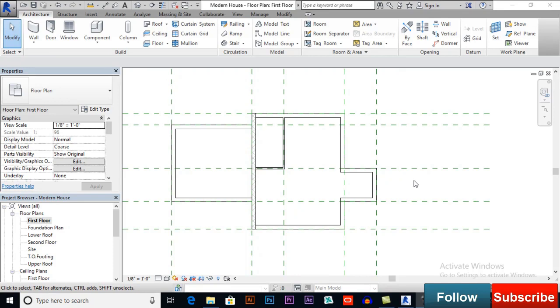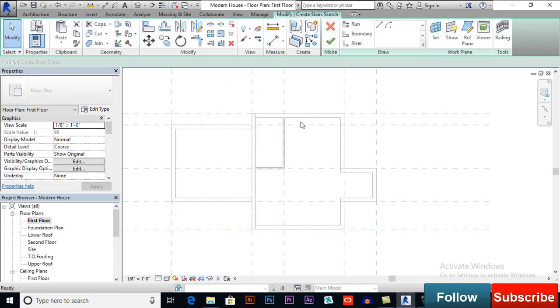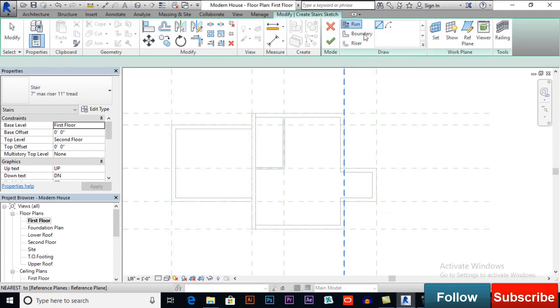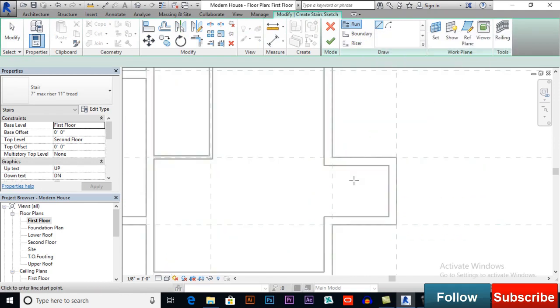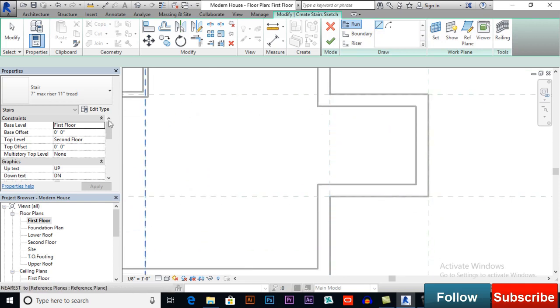So let's add stairs and railings to our drawing. First I will select stairs and stair by sketch. And we have different types, so I will select by run and select line. And here you can see in the properties palette different types, 7 inches and 11 inches tread. So enough for this drawing, and my base level will be first floor and my top level will be second